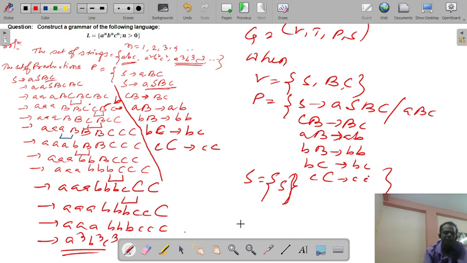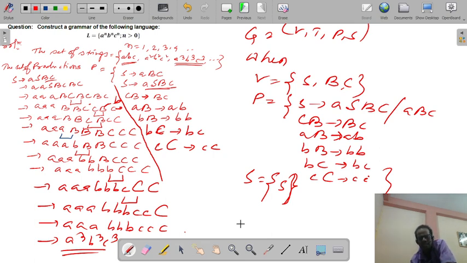So in that way we are able to convert a language into a grammar. There may be different languages, but we can generate the grammar corresponding to the different languages. So today up to this.